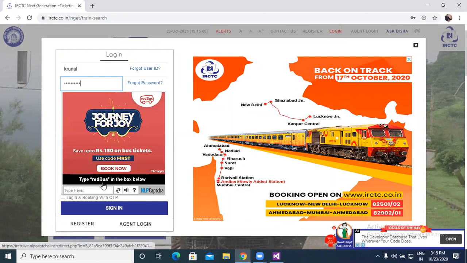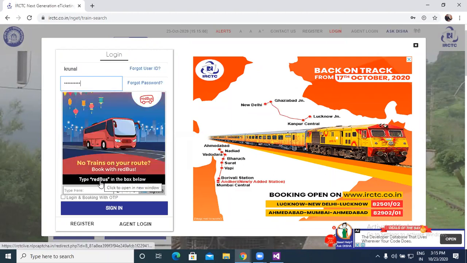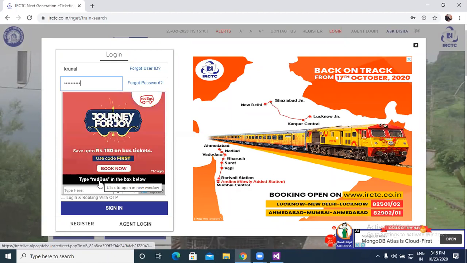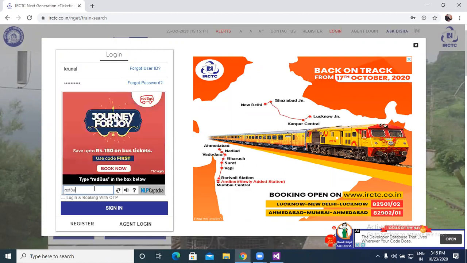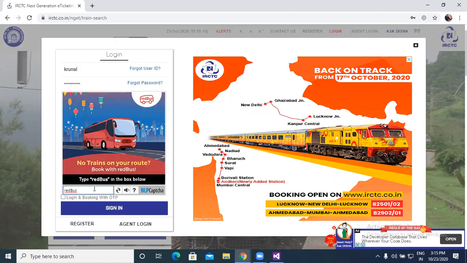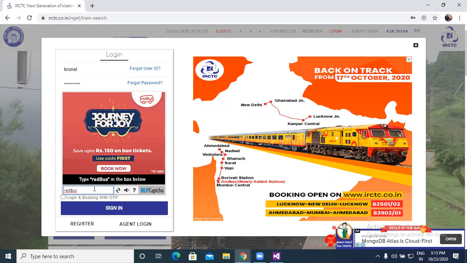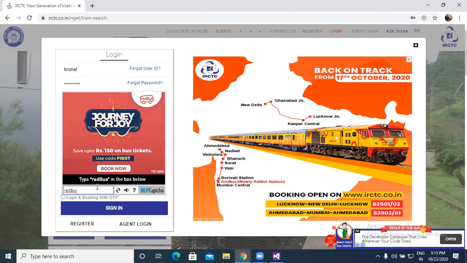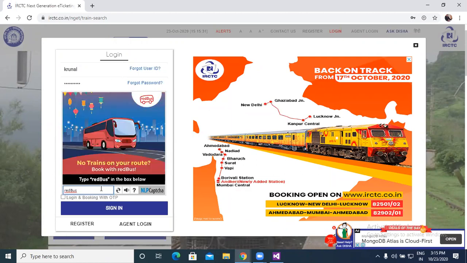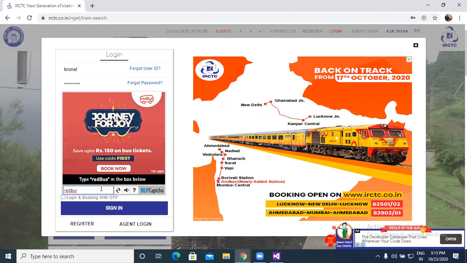If you are putting redbus in the same manner, whatever is written here, right, then it is accepting, otherwise not. So if your CAPTCHA completely matches whatever you type in the box below, so redbus we have to type, but in the red box, RED is in small letters, and B is a capital letter.